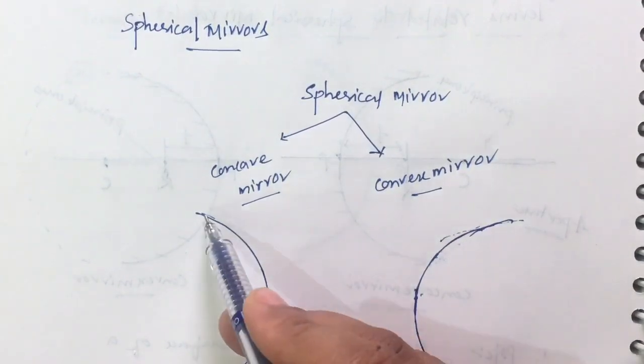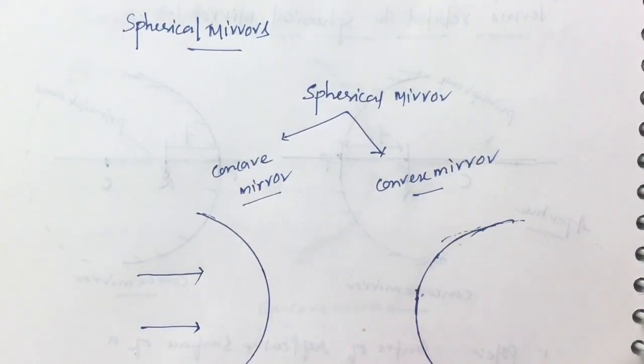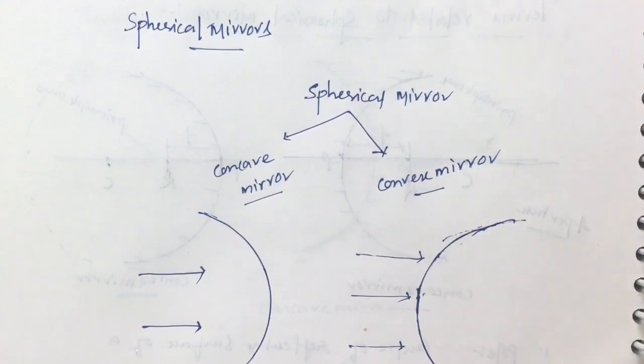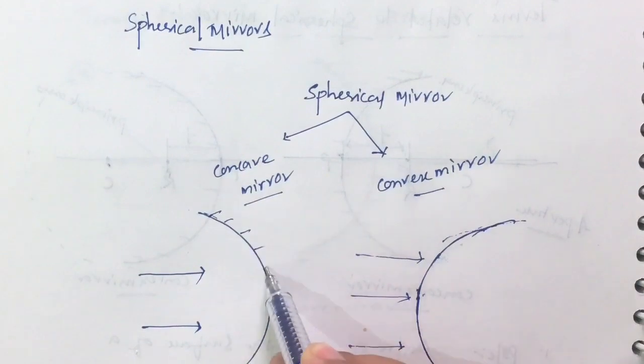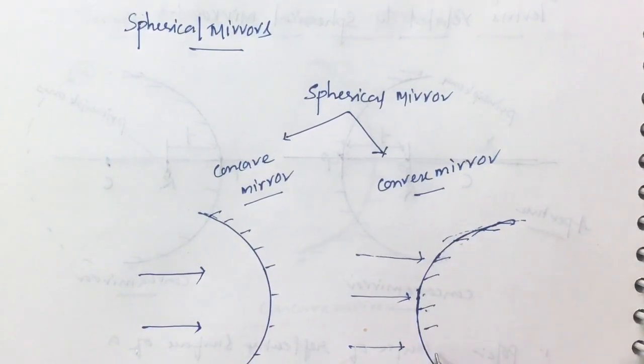A spherical mirror whose reflection takes place inwards is called a concave mirror. A spherical mirror where the reflection takes place outwards is called a convex mirror. We have to remember that a concave mirror is coated from outside, it is polished from outside, so that the reflection takes place inwards, whereas a convex mirror is coated from inside. The reflection takes place on the bulged portion of the convex mirror. That is a very important point you have to remember. Now you may have understood.